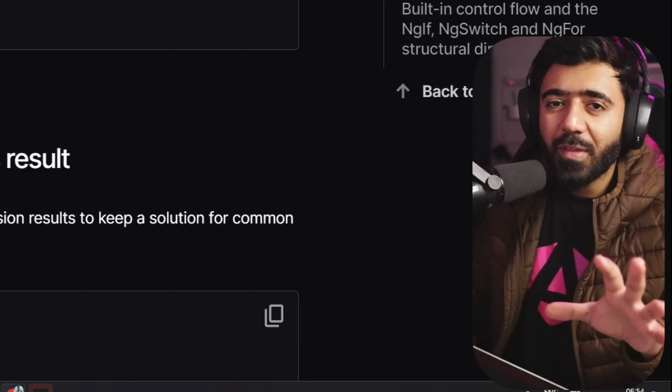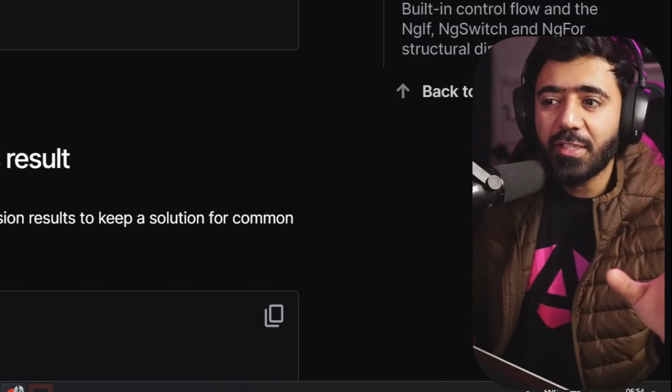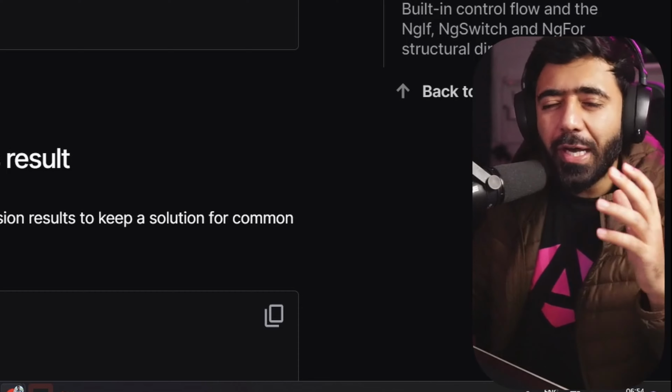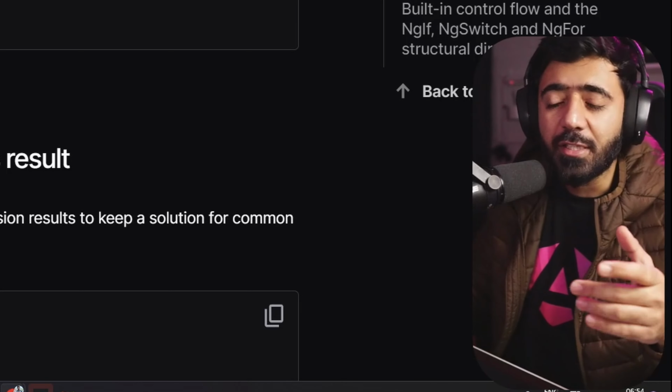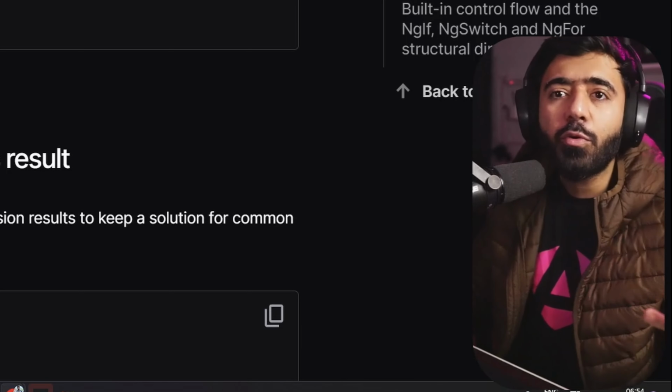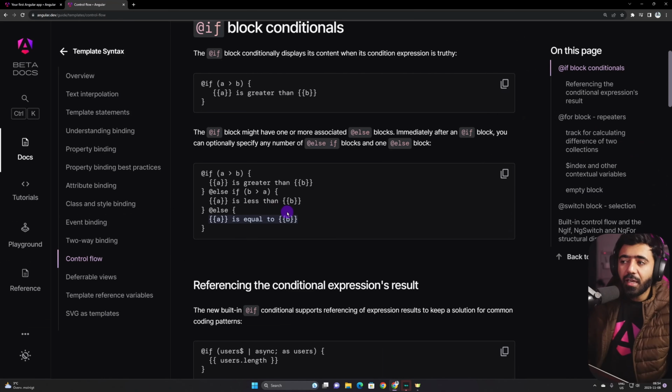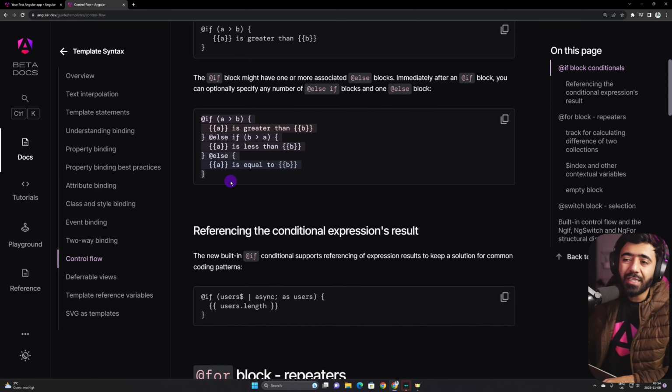And wait, I know some of you engineers, especially the senior ones, would be like, oh, who actually puts these if else conditions if there are too many else ifs? We would rather use switch case in that case. That's true, but only when you have certain conditions with certain cases. If you have completely different conditions with completely different logics, you would still be using else if in this particular case. But we do have the if, the else if, and the else blocks to render conditionally